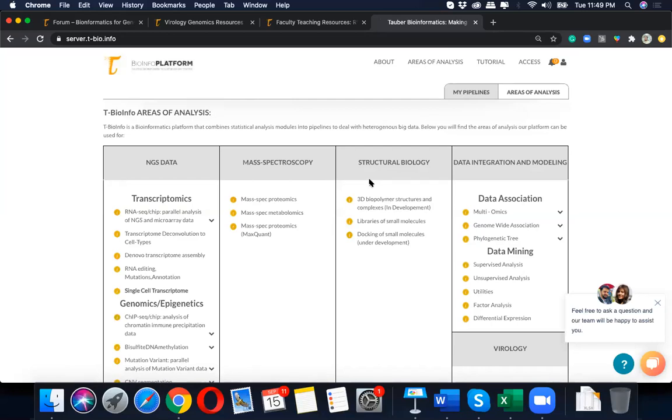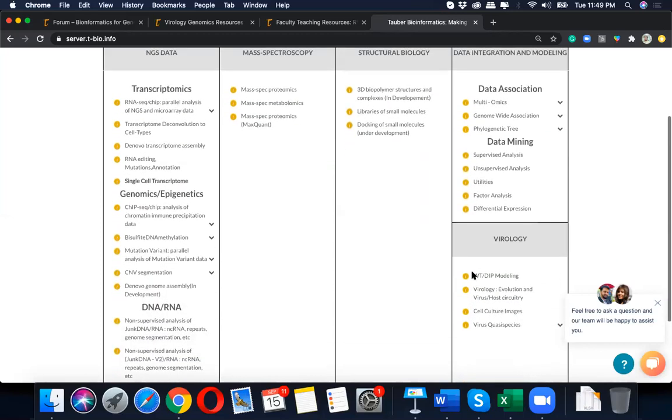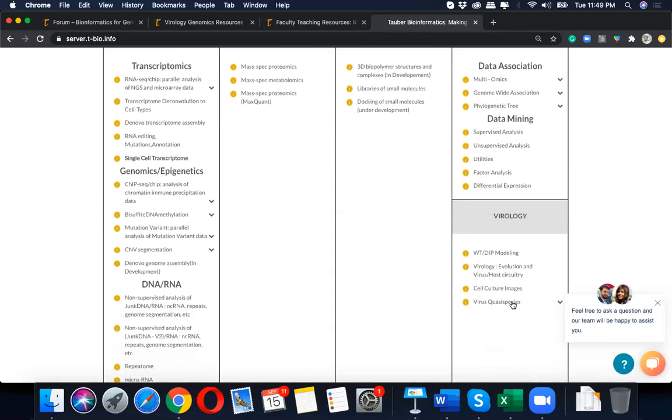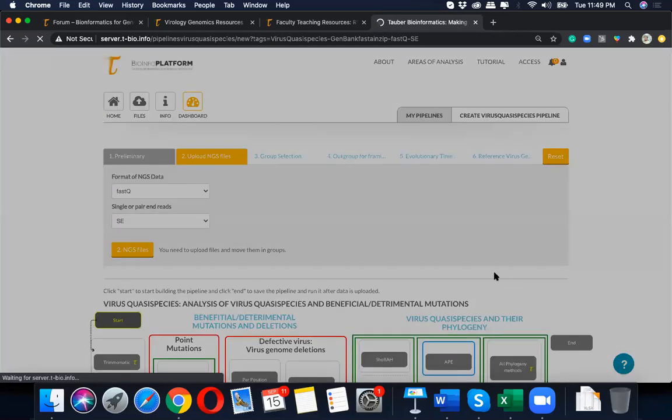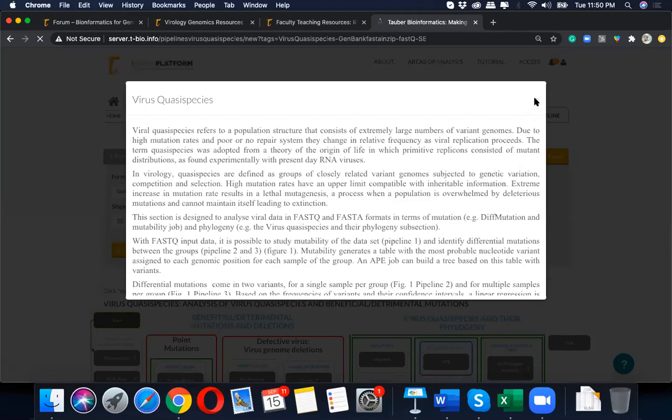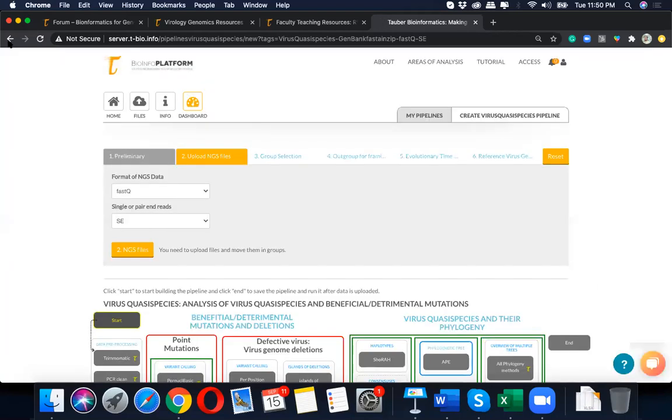So here, let's look at an overview, because as I told you in the earlier session, we did a complete program on SARS-CoV-2 data analysis, and maybe we can send the details for that. But let's do this again and understand why we are doing this. The pipeline that we showed you today is in this section, virus quasi-species.